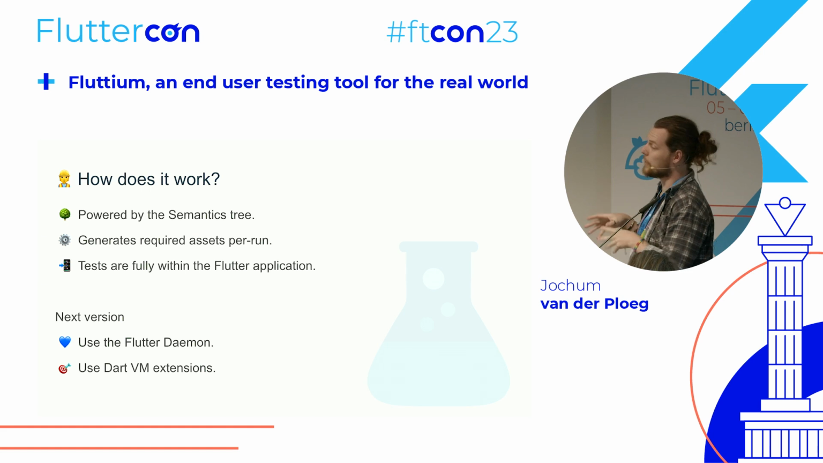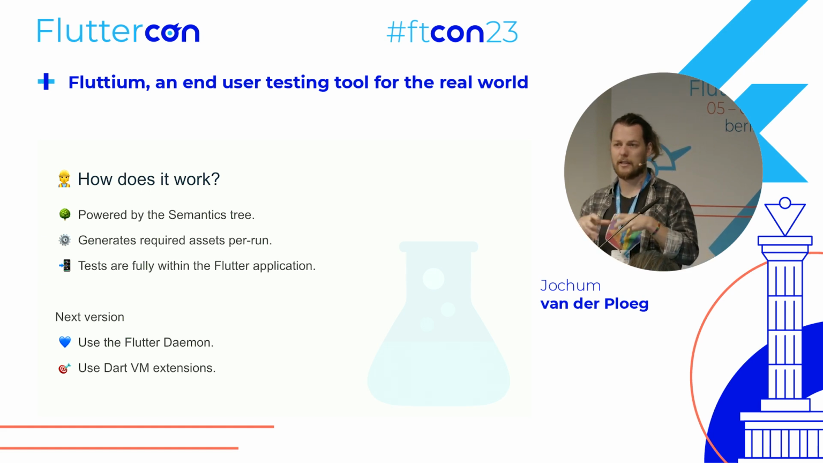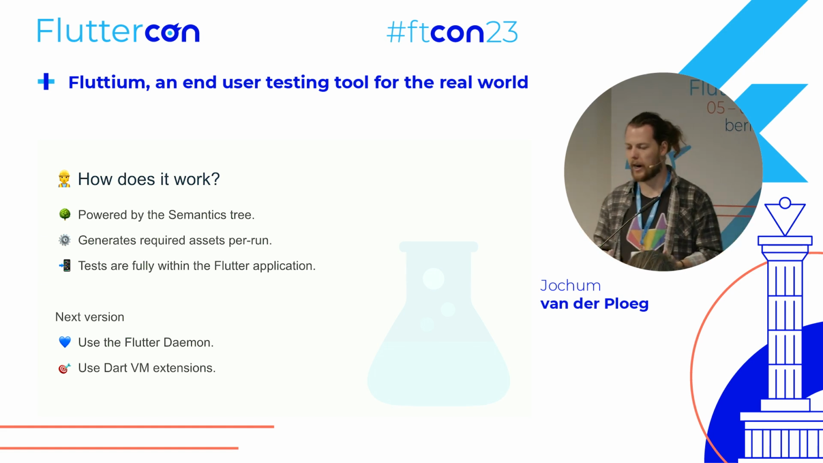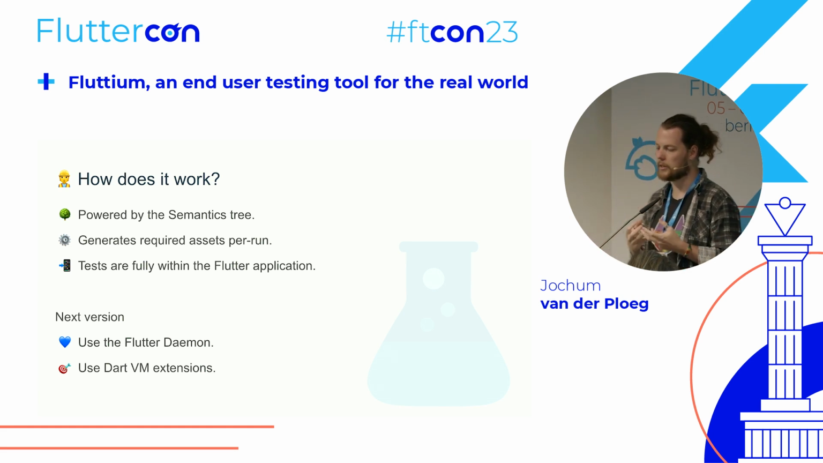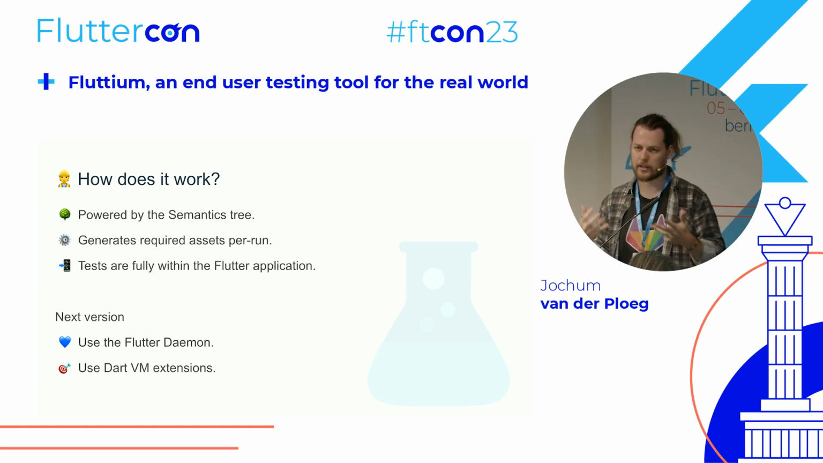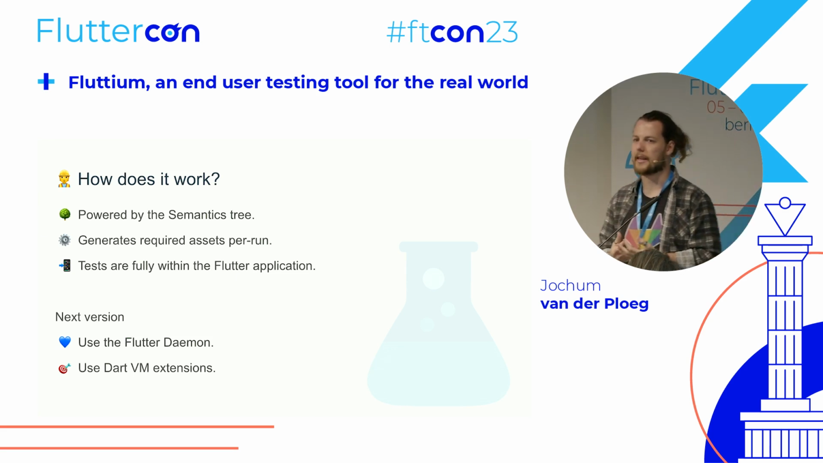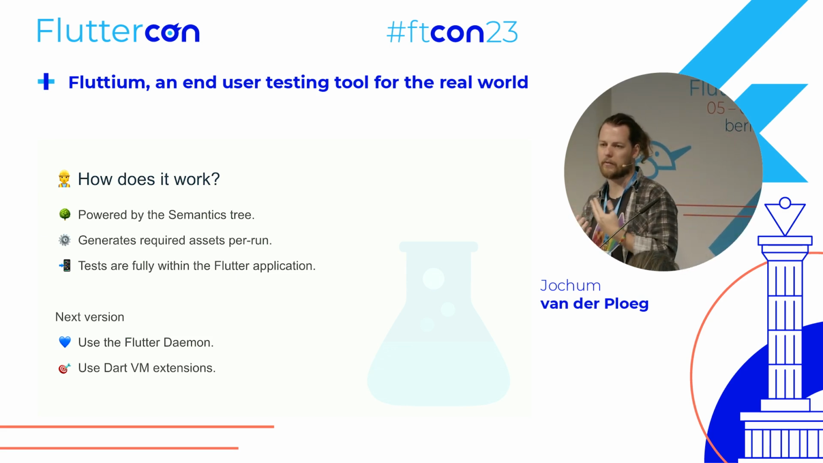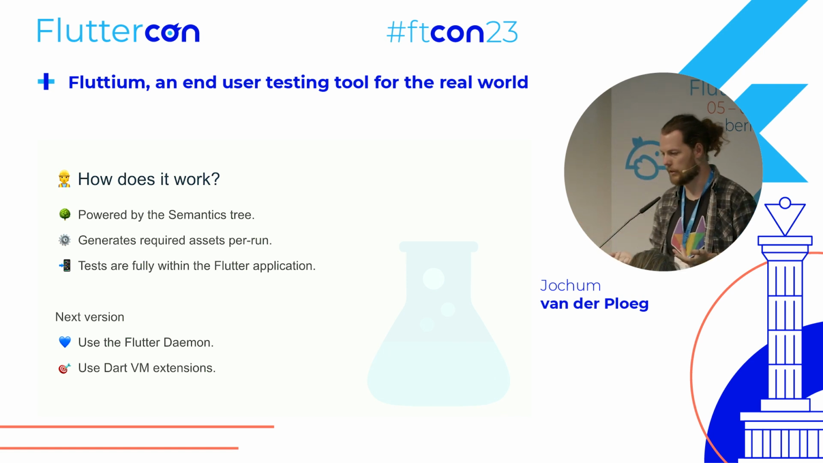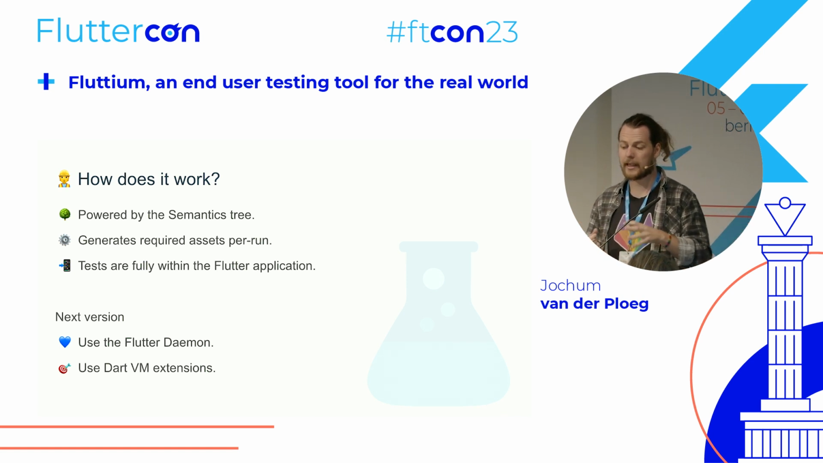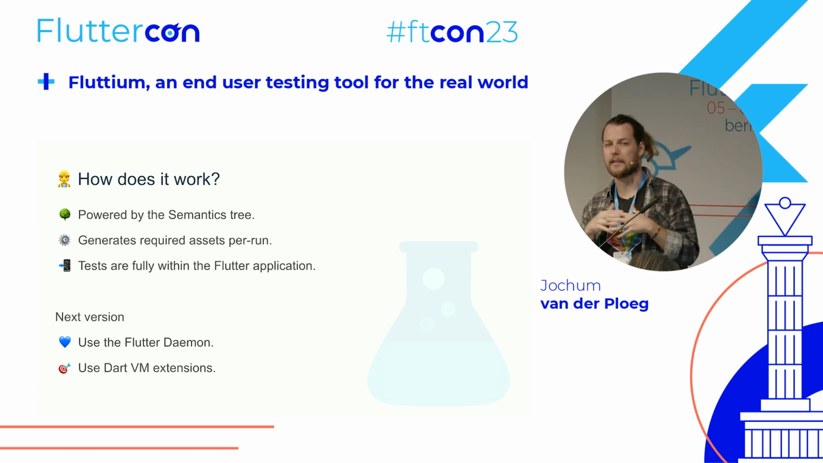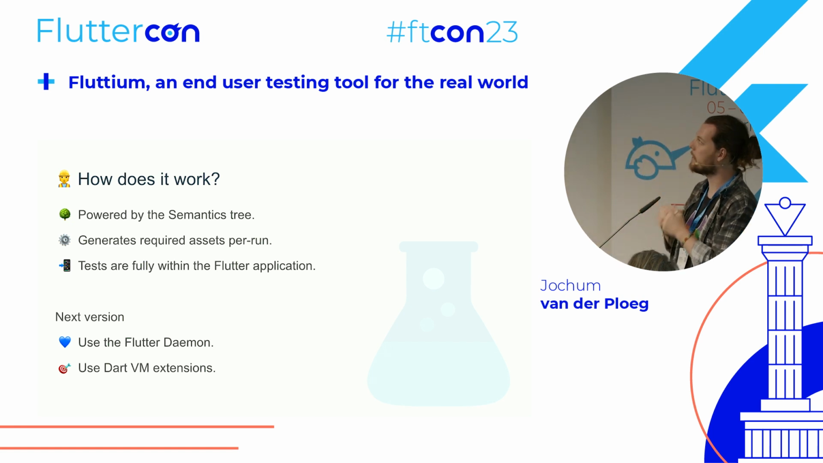But that is how Fluttium works. It uses that semantics tree that describes your UI, that describes the page that you're on, and using that semantics tree, Fluttium generates code internally at runtime to basically know how it should execute the test that you have written on top of the Flutter application that you want to test it on. And these tests are fully embedded within the Flutter application itself, meaning that everything that Fluttium does